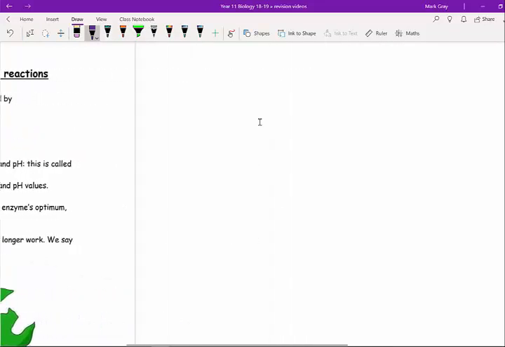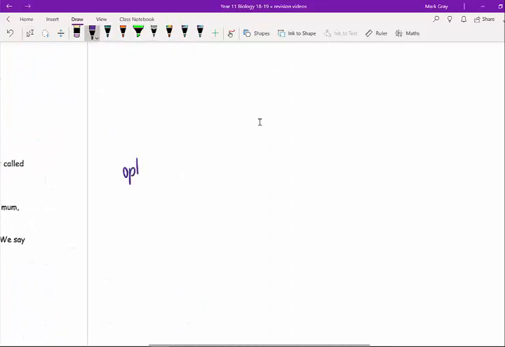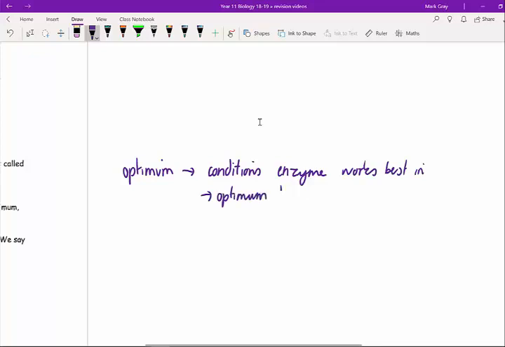Okay, now before we get into this, there's two important words: optimum, which are the conditions the enzyme works best in. So we can have an optimum temperature for all enzymes, and an optimum pH. As well as that, we have got another word which is denatured, and this is where